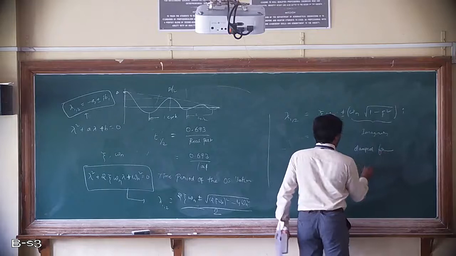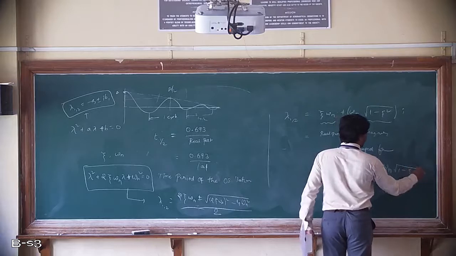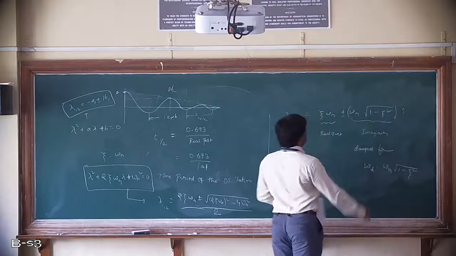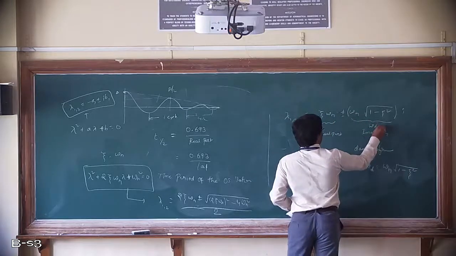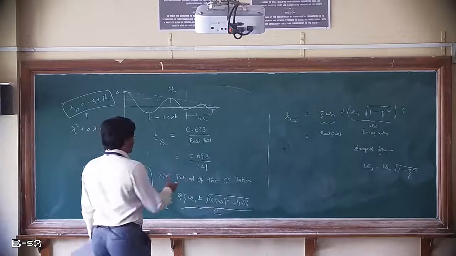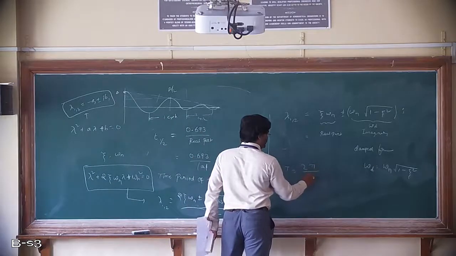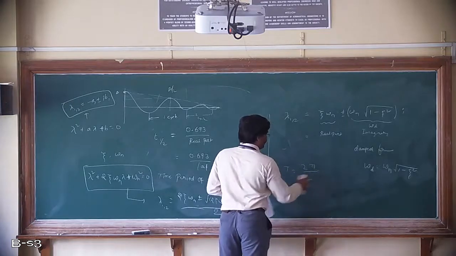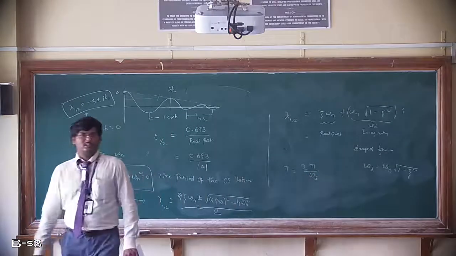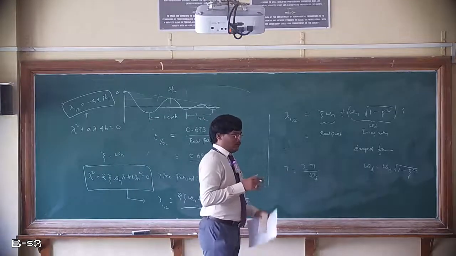Here one more important concept is called damped natural frequency, or damped frequency. What is that? Damped frequency, that is omega d. That is nothing but omega n into square root of 1 minus zeta square, right? This zeta is nothing but the damping ratio. So this imaginary part is nothing but omega d. Are you understanding? So what we have discussed, time period is nothing but 2 pi by the imaginary part, and that imaginary part is nothing but omega d.